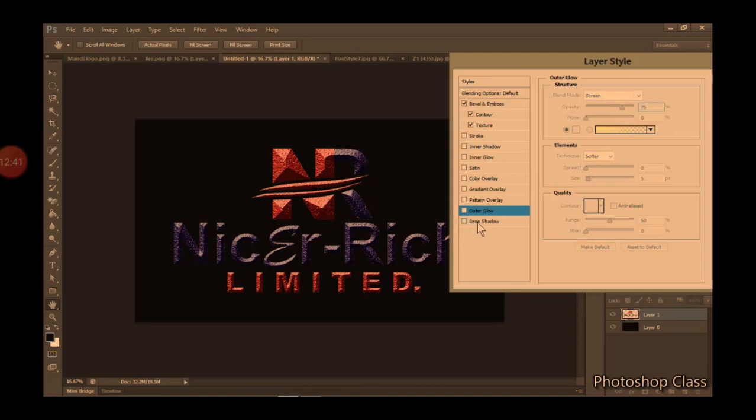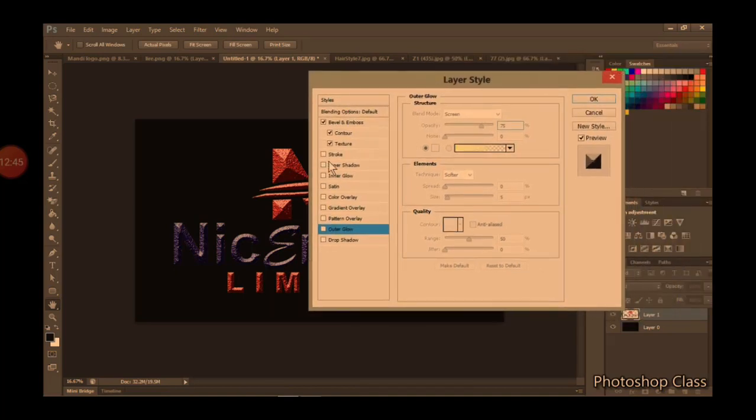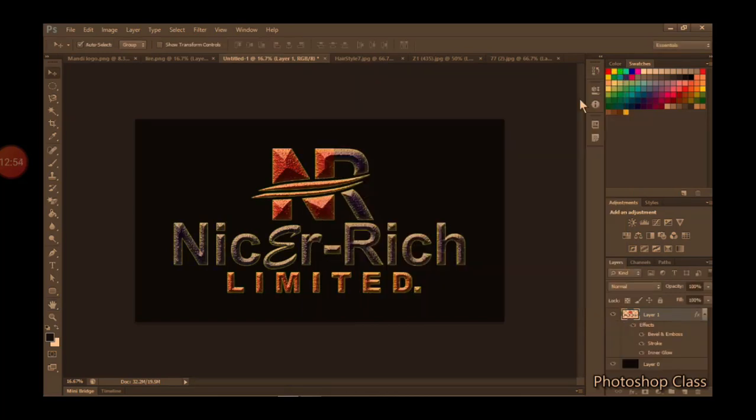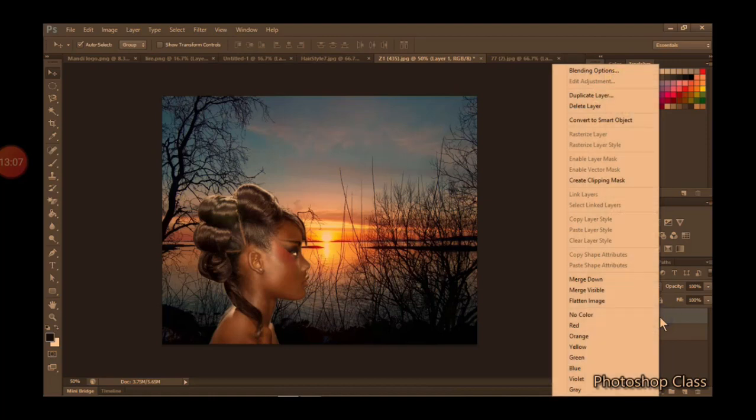So that's that. Then your inner shadow, we're going to be using an image to demonstrate your inner shadow, your drop shadow rather, and your inner shadow. Sorry, we're going to be using a picture rather, to do that. You see what we have right away? This is a normal image on a particular background. Make sure you are on the layer for that image, then you right click on it. Right, you have your blending option